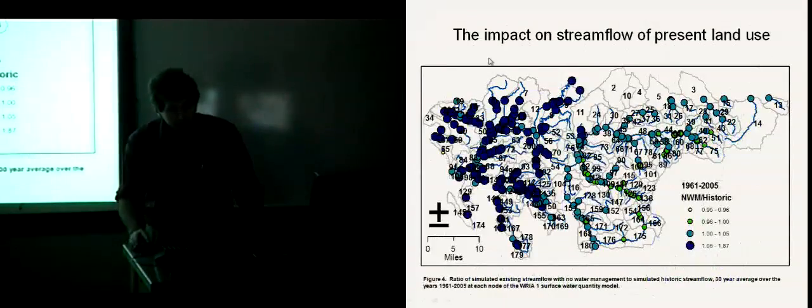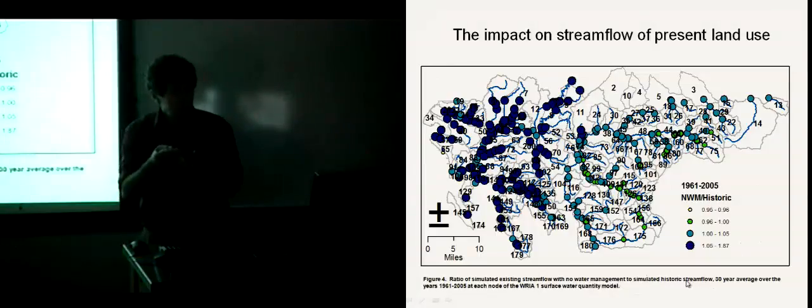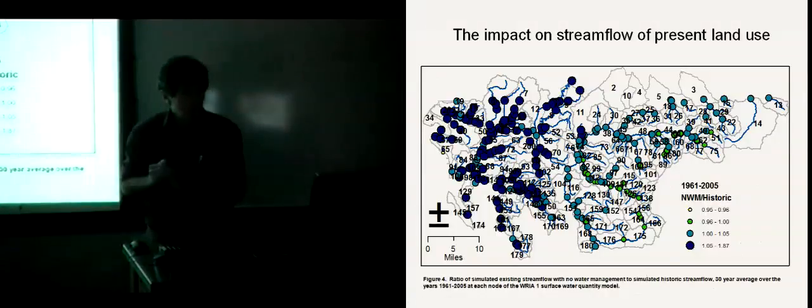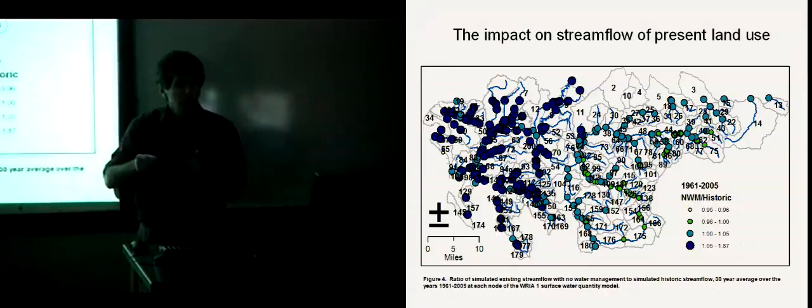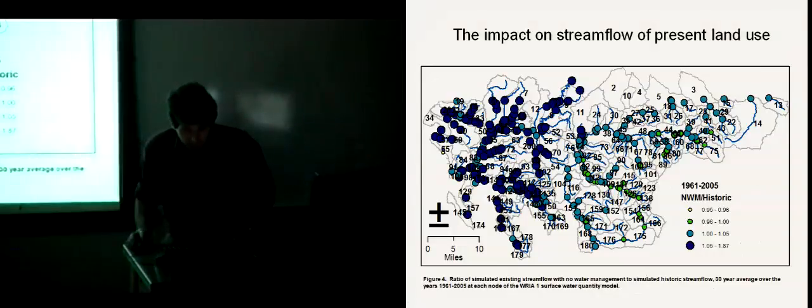So this illustrates the impact on stream flow of present land use. We did a number of simulations effectively asking what if type questions. This particular one is a ratio of the simulated existing stream flow without water management to simulated historic stream flow. So the difference here is really the land cover changes that I showed in those two maps earlier, but no withdrawals, no irrigation, things like that. And you can see the dark colors are where the flow has actually increased, and the lighter colors are where the flow has